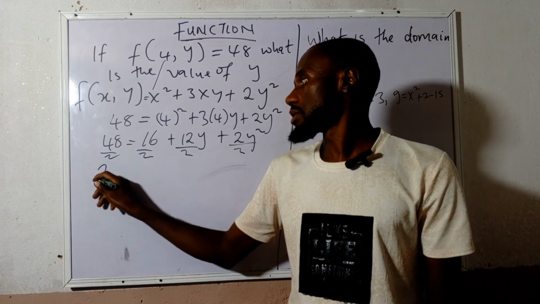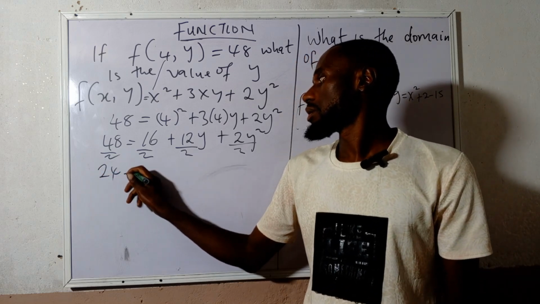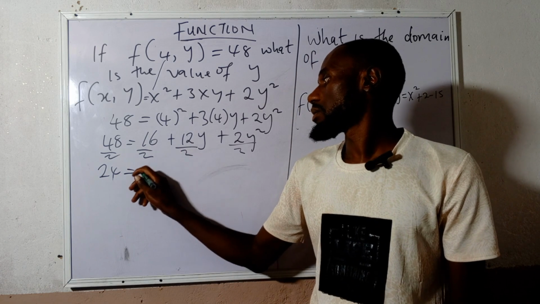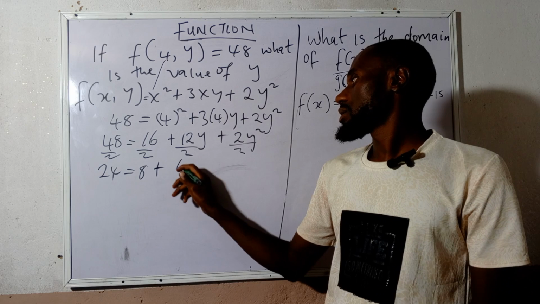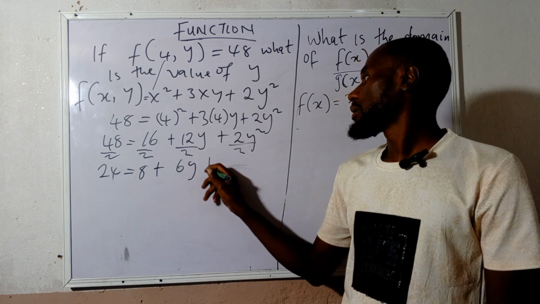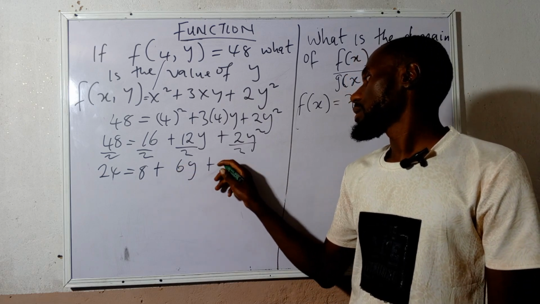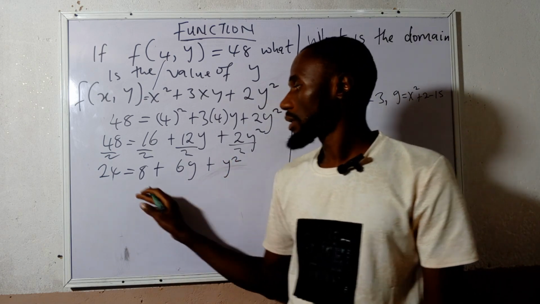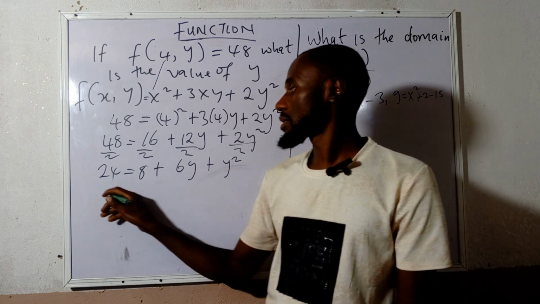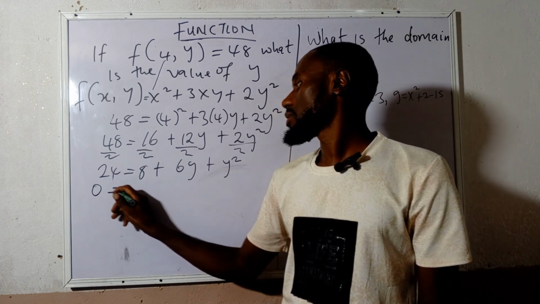We have here 24. This is equal to 16 divided by 2, this is 8, plus 6y plus y squared. We take everything to the right hand side. We have 0 is equal to